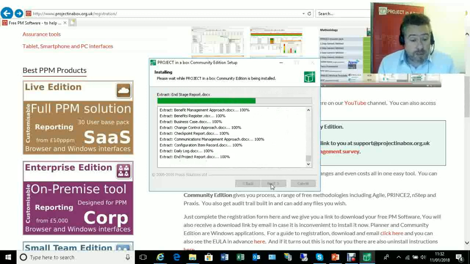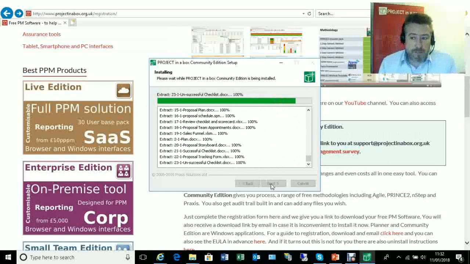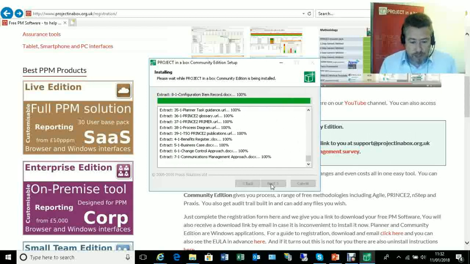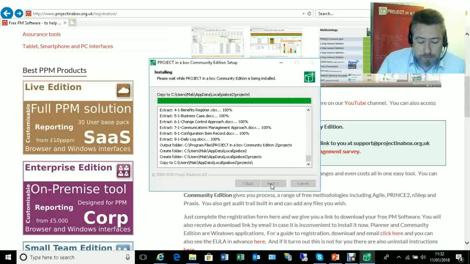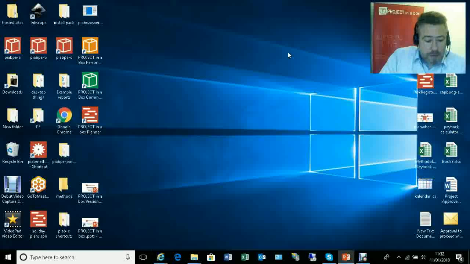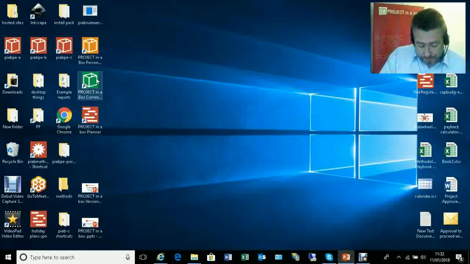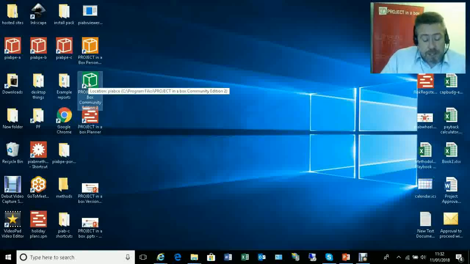So we are installing it, but you then have the option of taking it portable should you want to do that. Here we're going to stick with a simple one though, just installed into the local environment. So that's a pretty quick process to finish, and when we come down here we'll now see I've got these two icons on my desktop. Community Edition, which is always going to be our starting point, and also the Planner tool. So if I open Community Edition,